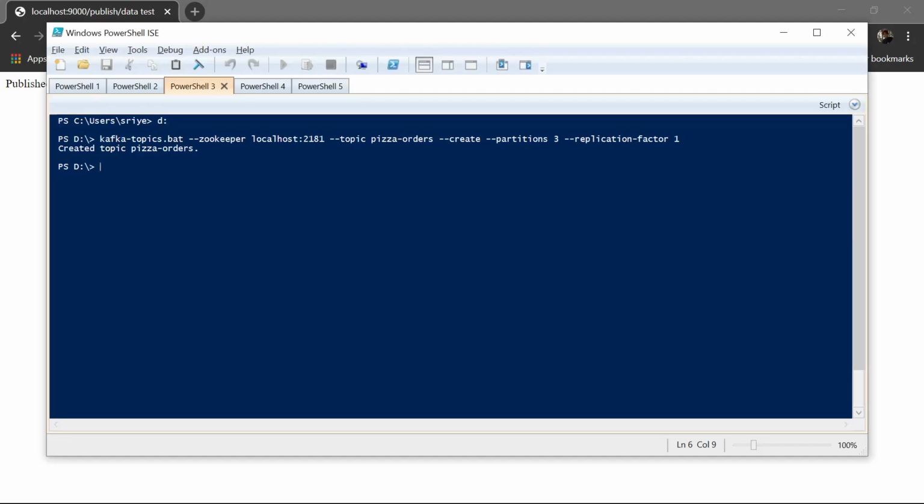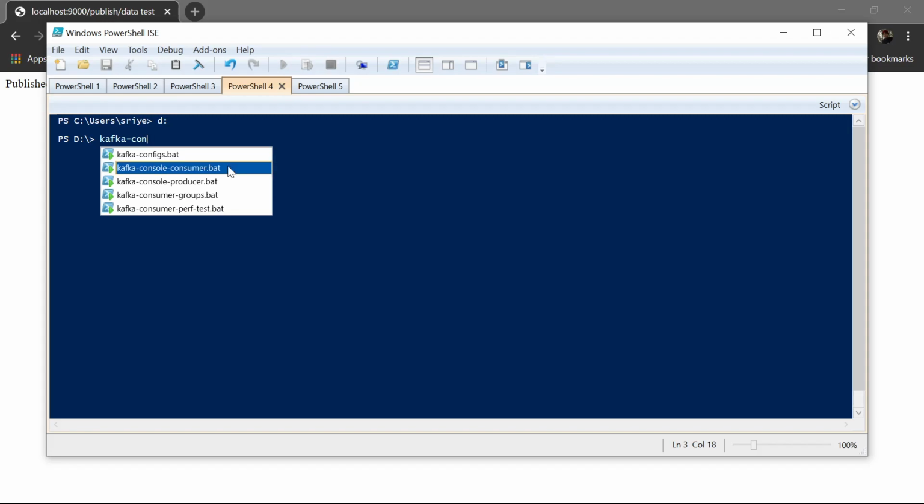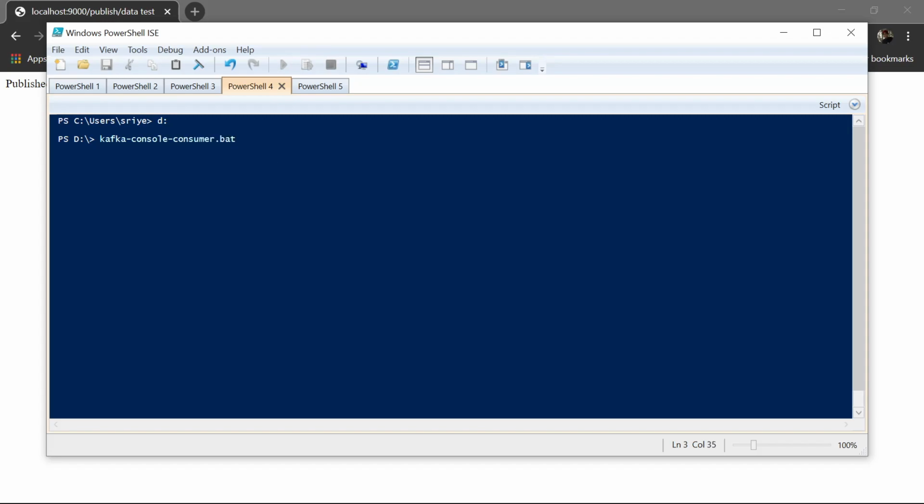Let us see if that's really true. We'll use another shell here. So Kafka console. Now for the console consumer, again we will need to specify which particular topic to read from and what our bootstrap server is, right? So let's do that.